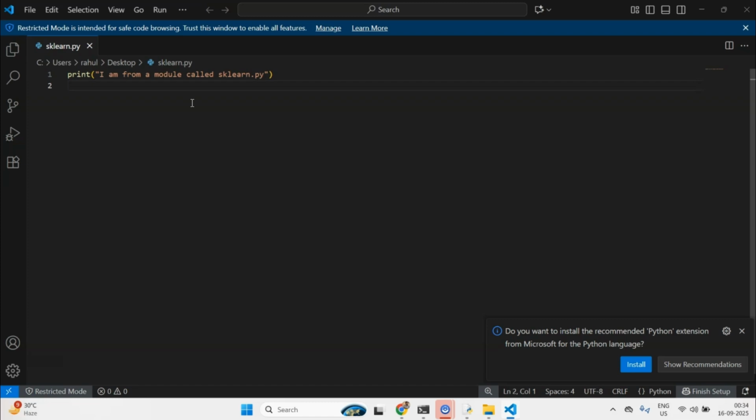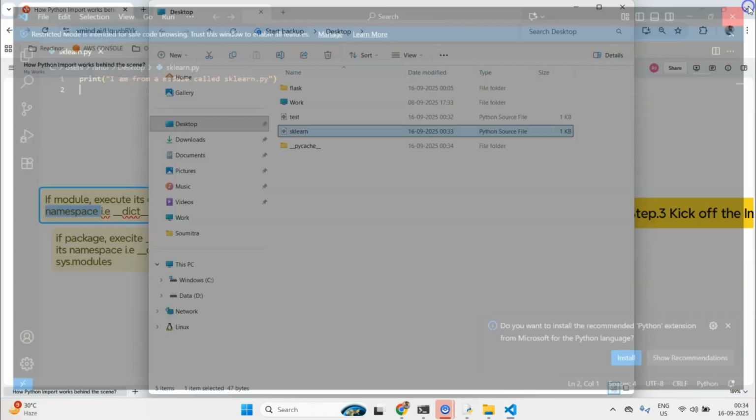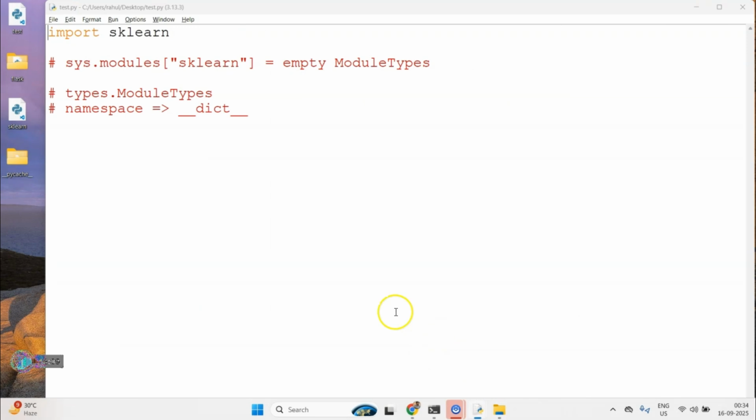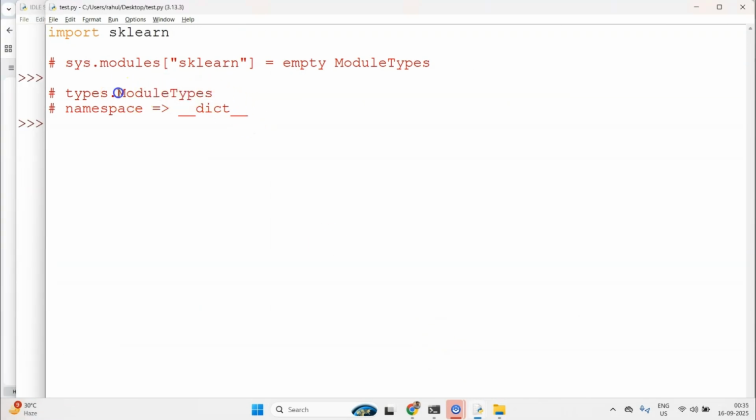So in those situations, I'll create a separate namespace, and that namespace will be stored in the module type. So this particular class will hold the namespace of individual modules. I hope you are getting this point.